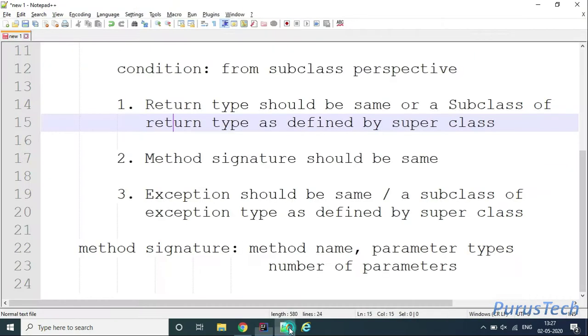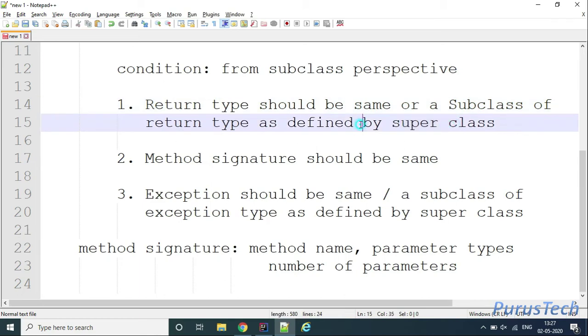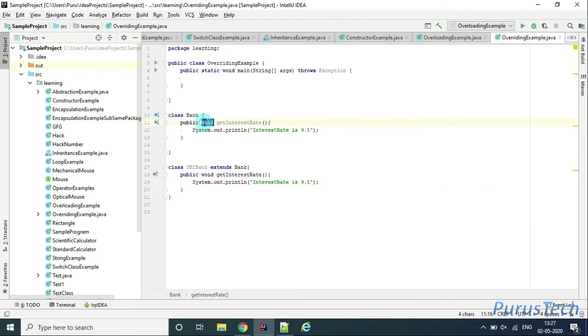Let's see. Return type should be the same or a subclass of the return type as defined in the superclass. So let's see what is the return type in the superclass. This is void. So this should be the same, right? In the subclass, this return type should be the same as this return type, else one more condition, this return type should be a subclass of this particular return type, right? Let's say here if I do